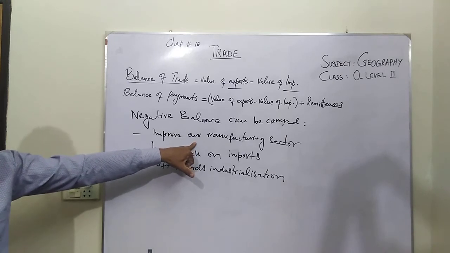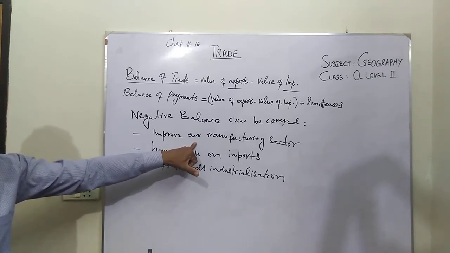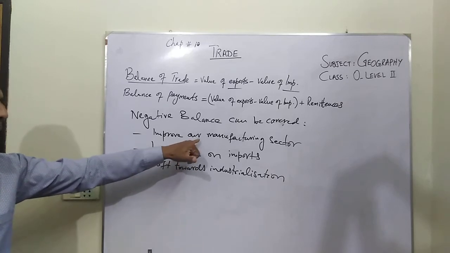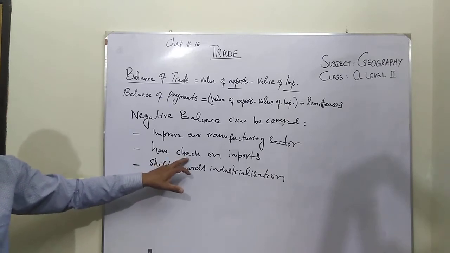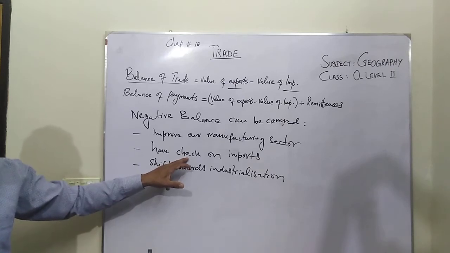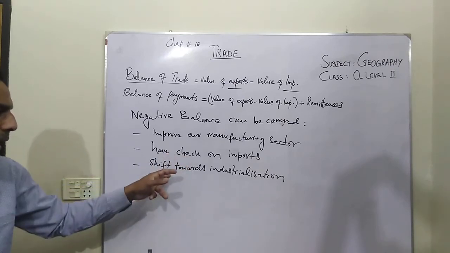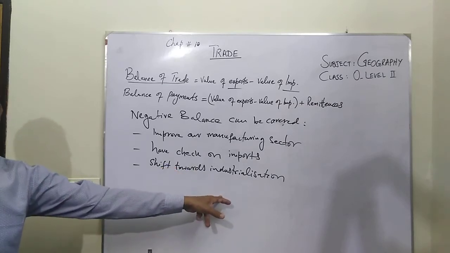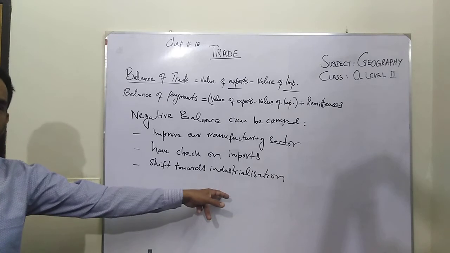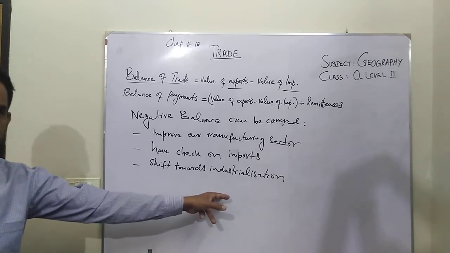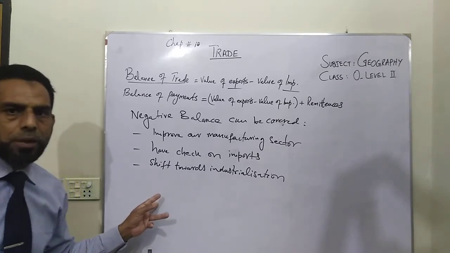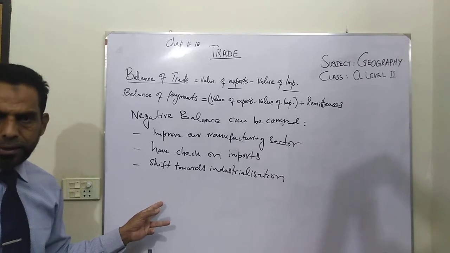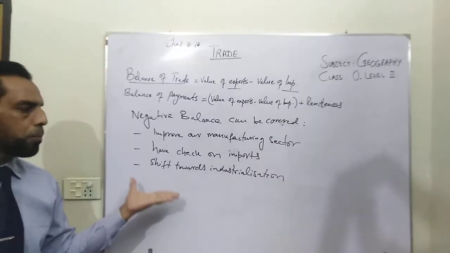Instead of sending our primary goods, we should process them in Pakistan so that they turn into value-added goods. Secondly, we have to have a strict check on imports. We need to curtail the imports of luxury goods or consumer goods that we can process in Pakistan. Then we need to shift towards industrialization, with EPZs or export processing zones, industrial estates, and good industrial policies have to be adopted. Some incentives have to be given to the industrialists so that we can improve on these